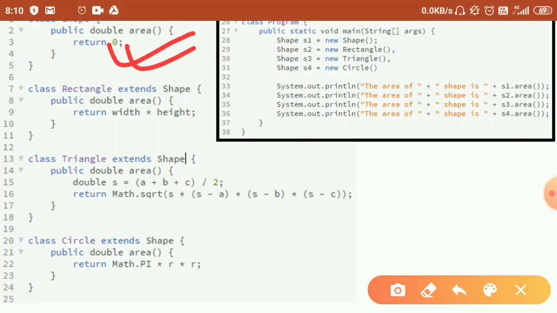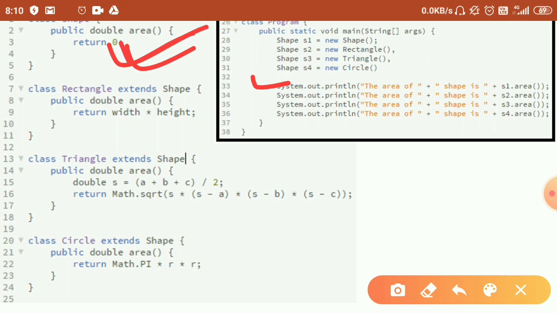This function will be called and the output of this will be 0. So the first line of output will be: the area of shape is 0.